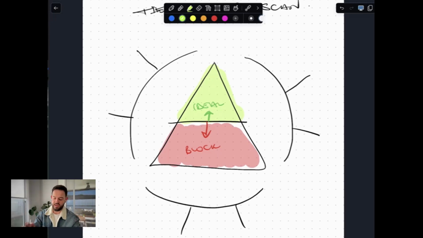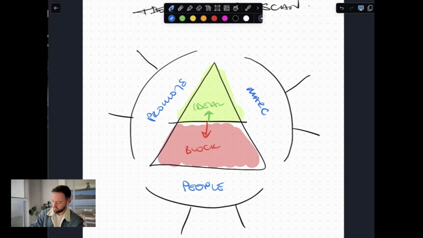So the question then becomes, how on earth do we get your business from where you are to an ideal business, your version of ideal? Well, it's pretty easy. We model what successful businesses and successful business owners do, because what they do is best practice. Now, there are 3 key areas that a successful business will do really, really well. It comes in how they manage their people, the way they promote what they sell, and the way they control their margins. So 3 key areas: people, promote, and margins.